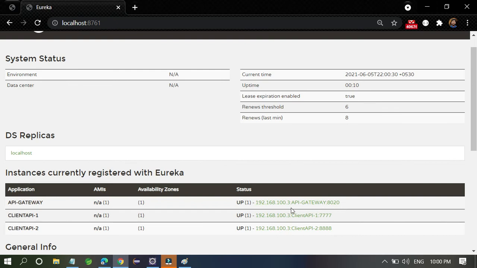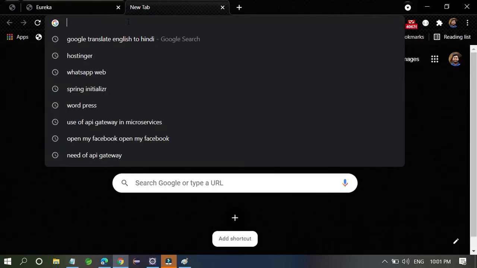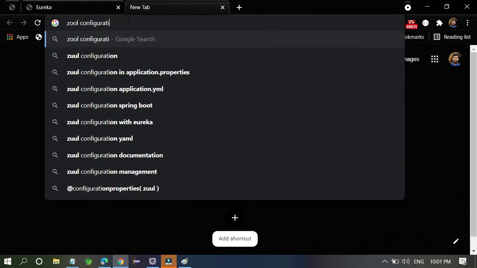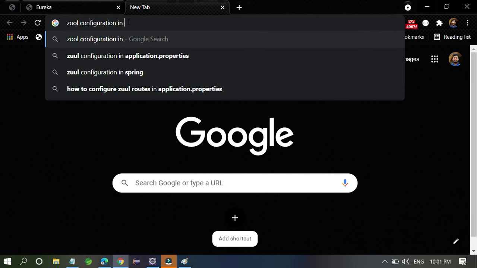If you want to access client 1 and client 2 through the API gateway port number, then you have to do some configuration like filters. You have to filter the requests, and whatever request comes, you have to send the data along. So go to Google and search Zuul configuration in properties files.